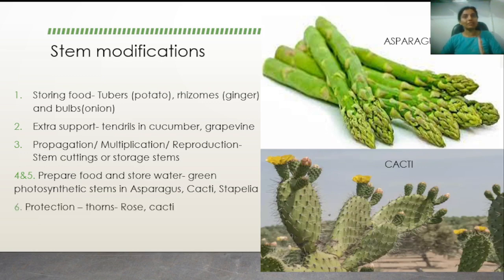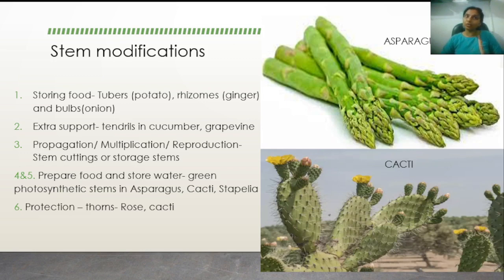Stems also have certain modifications to protect the plant against any animals that might want to come and eat it. For example, the cacti has spines, which are actually the reduced leaves. It protects the cacti from desert animals, which obviously know that the cacti is nice and juicy, but they will not be encouraged to eat the cacti because of the spines. No animal would want those spines poking into their mouths, right?